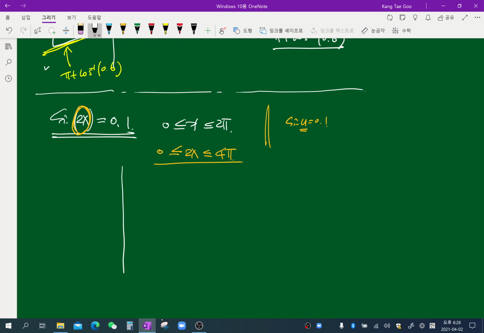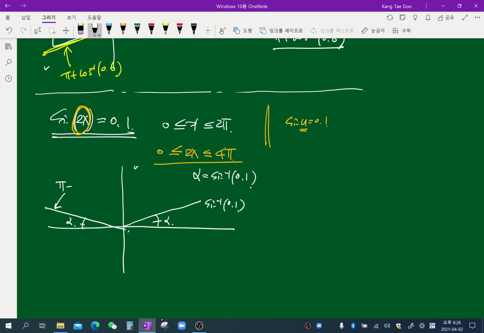And then we go for the unit circle xy diagram. Our reference angle alpha is again sine inverse 0.1. Then that is in Q1 and Q2, since the y sign is positive, right? So this much angle is actually alpha, and then this much angle is also alpha. So we can read this as sine inverse 0.1. Then this one is pi minus sine inverse 0.1, right? So the answer, 2x goes to